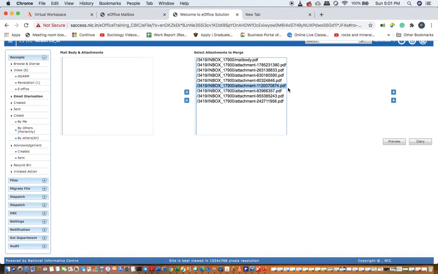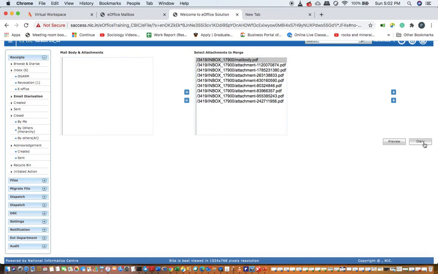Now if I want to take it up, this attachment I want it as 4th, not as 5th. I can just select that attachment. I can control here with the arrows to make it go up or down. Okay, suppose the mail body I had by mistake attached 2nd. Now I want to attach it as the first. When I open that receipt, I want to see the mail body. What will I do? I'll control with these arrows. I'll click on this arrow and the mail body will come on the top.